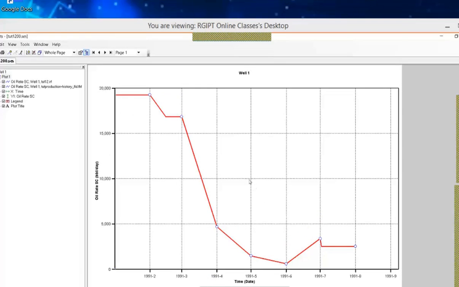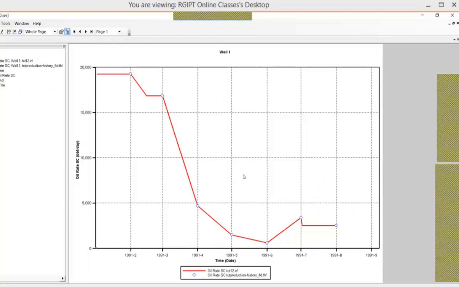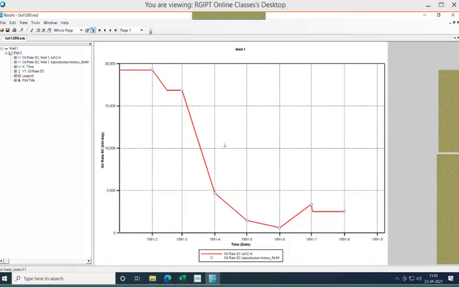If it is well matching, like in this case, it is very good and fine. Otherwise, we have to incorporate many more properties, or we may need to change the properties of reservoir and fluid, all those things we have to consider, and we must have a good agreement with the history.